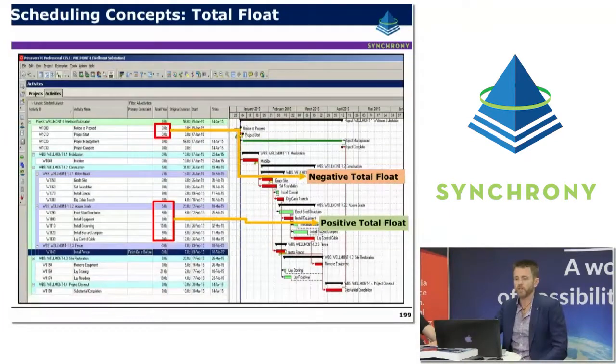This slide is just a screenshot which shows you one of the fields available in P6. It's a standard field, total float. It's fairly easy to bring that field up, and it makes it really easy to identify the float, or the level of tolerance or slip, that you can have in different activities. In this particular case, there's an example of a negative float, which is telling us that it's already impossible for us to finish this project on time. In fact, we're already 3 days behind.